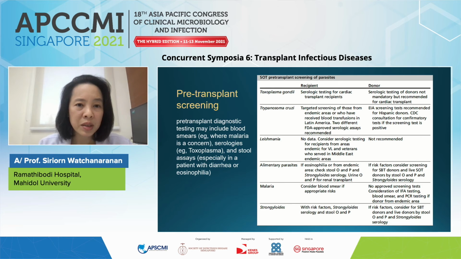This is the pre-transplant screening that can be done for these parasites. Serology is available. We can do serological screening in the recipient and perhaps in the donor. For helminthic parasites, we can also do serology for strongyloides and for some other parasites. For example, in Thailand, there is a panel of serology that can be done, and we can send it to the Faculty of Tropical Medicine, Mahidol University. Helminthic parasites can also be screened through stool ova and parasites. Next slide, please.